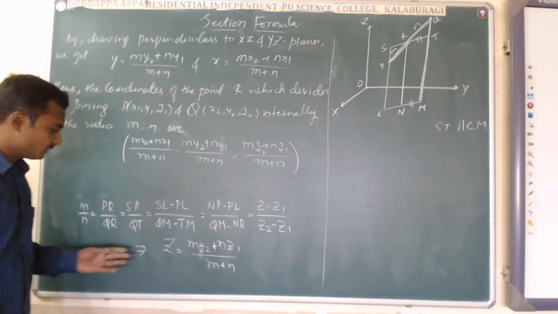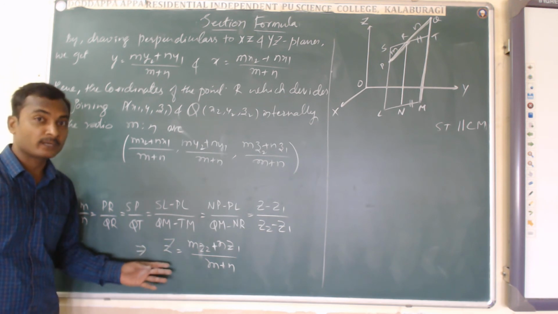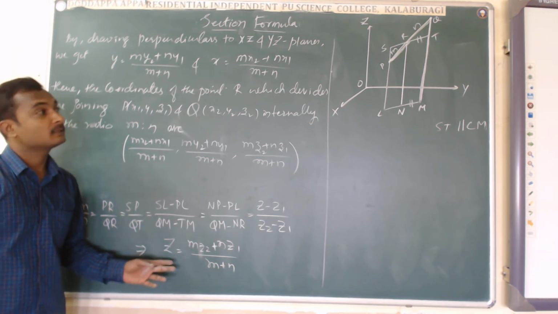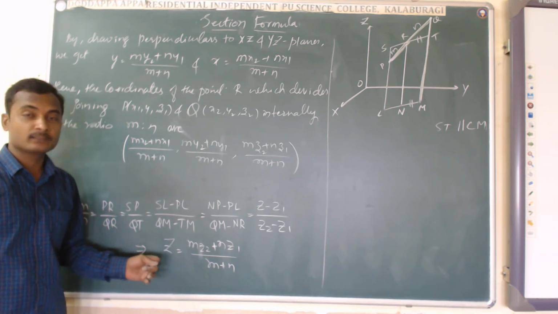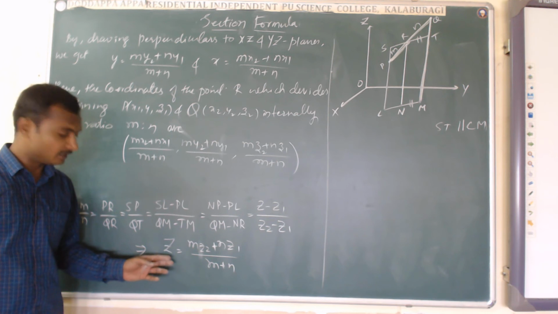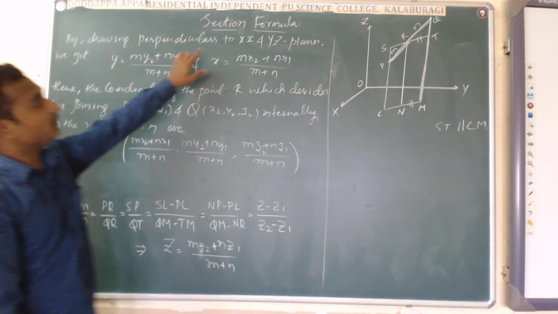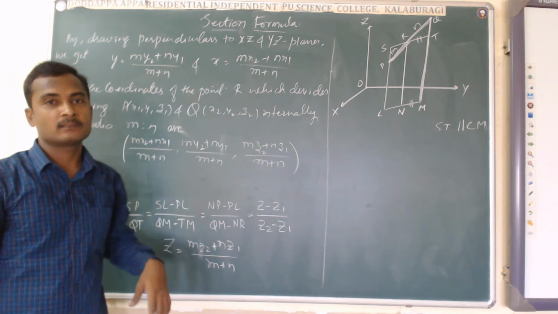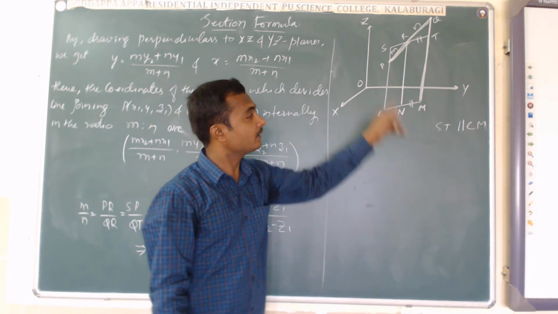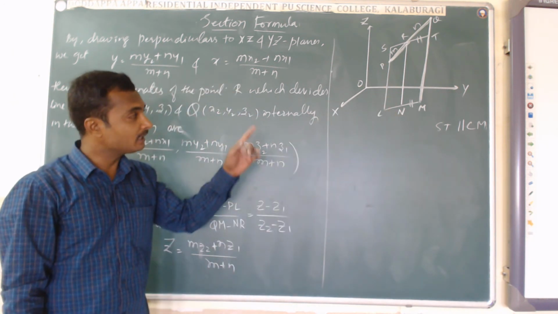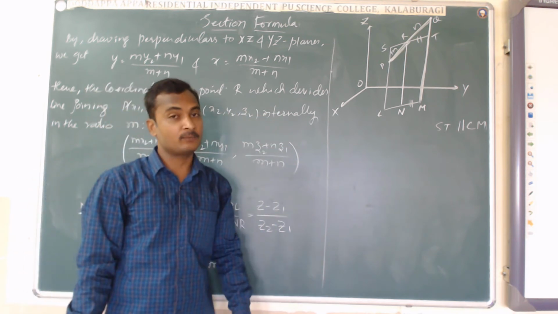Okay, so we can see here that the Z coordinate of the point R, which divides the joining PL internally in the ratio M is to N, is MZ2 plus NZ1 by M plus N. Similarly, by drawing the perpendiculars to the XZ and YZ planes, as PL, RN and QM are drawn perpendicular to the XY plane,